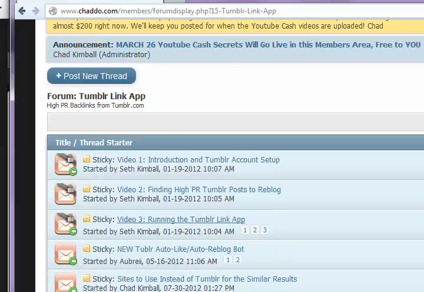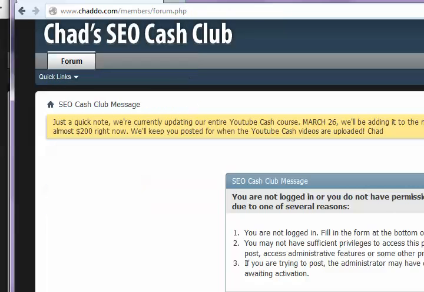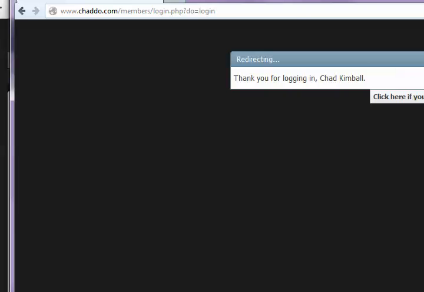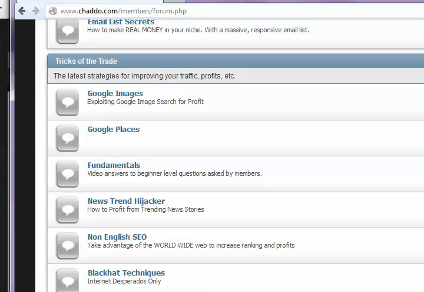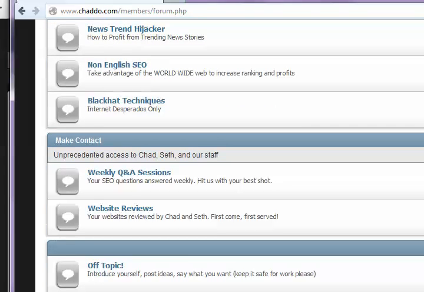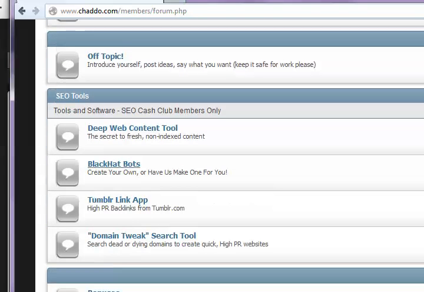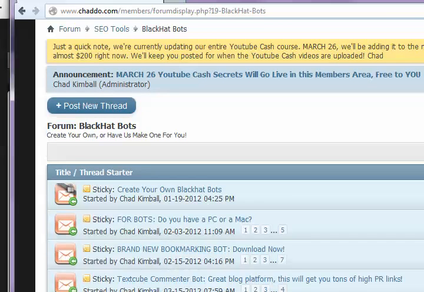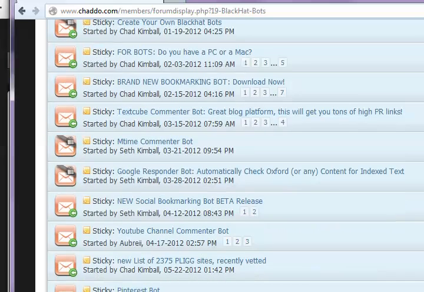If you go in the members area and go into the Black Hat Bots section, you can see that we have 2 different bots you can use for social bookmarking, and that's another great way to provide some external social signals for YouTube to see.